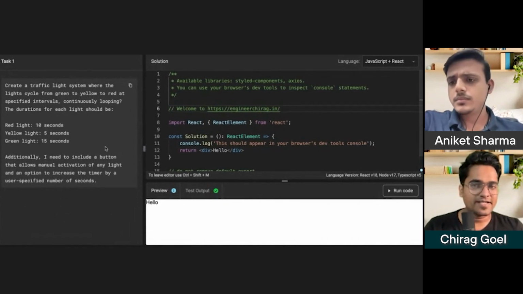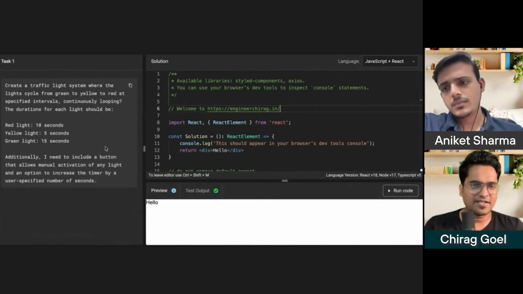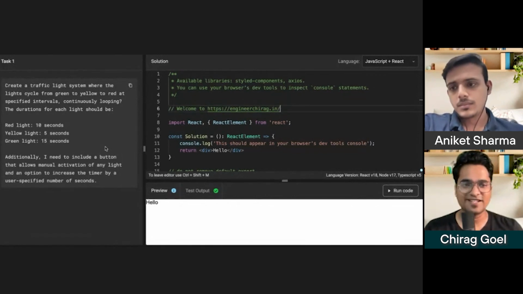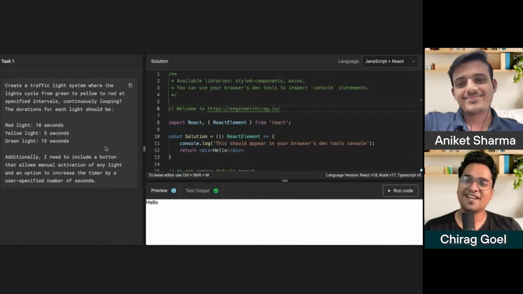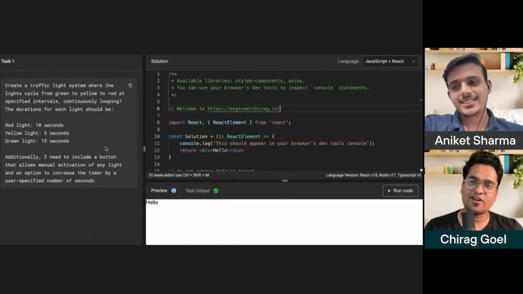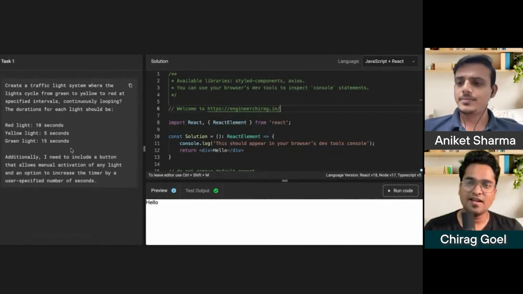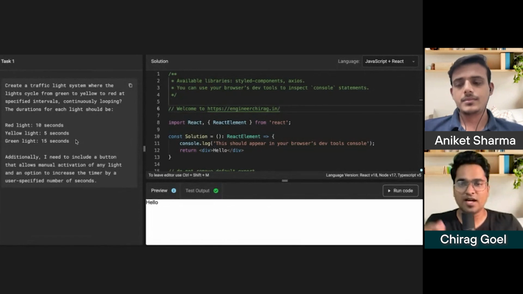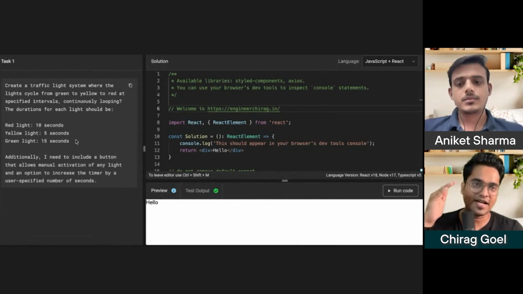You have to implement a traffic light system, which has three colors: red, yellow, green. As per law, you have red, green, and yellow. There are some timers, and those go in order. For example, first it will be red, then after 10 seconds it will become yellow, after 5 seconds it will become green, and after 15 seconds it will come back to red. This is how the normal functionality will keep working, changing after a certain time from one to the other and to the other. That is one.